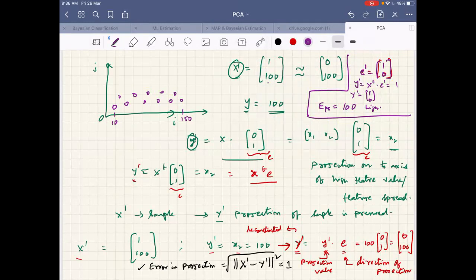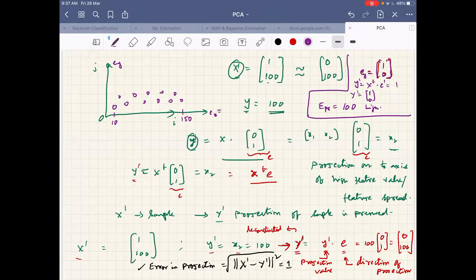So you suggest I project onto the X direction. If we want to easily distinguish, we can write the vectors as Ex and Ey. So should we project onto the I direction or the Y direction, the J direction, or the corresponding vectors Ex and Ey? On which vector should we project to get a smaller error in projection? Now this is not one sample, we have many samples. Ex, sir. We have to project on Ex.